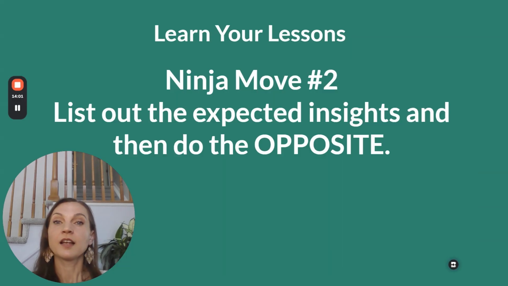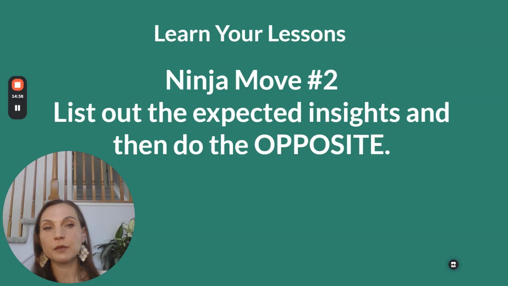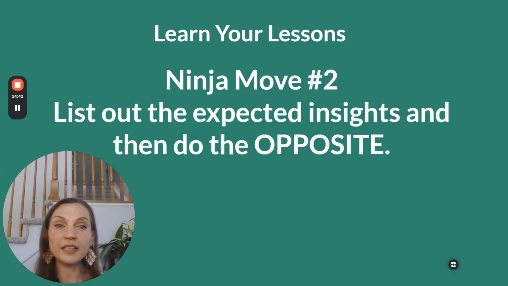The second ninja move is list out the expected insights and then do the opposite. So I have a great example of this. There was a student I worked with, Samir, I think I mentioned him before, who wrote about caring for his grandfather who had dementia, and the expected insight is when family needs help, we need to step up, we need to be strong for those around us, right? And instead he did the opposite, right? And he wrote about how when his grandfather couldn't remember who he was,